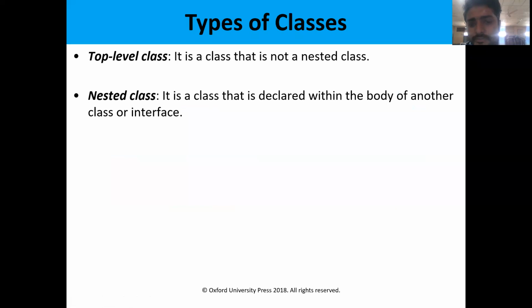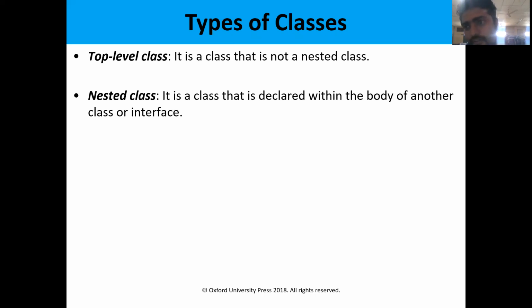Simply, we can take the class syntax as class modifier, space, class, space, identifier, braces. Within the braces, we have the class members. Class members are nothing but the variables, methods, or the inner classes that we call nested classes. The class within the class is called a nested class. We have nested classes in Java as well as in other programming languages. When a class consists of another class, that type of class is called a nested class. Those are the main things regarding classes.